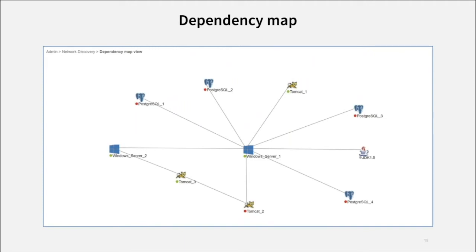Right here you can see there are two Windows Server instances given and many different instances of Tomcat servers and the Postgres database. And you can see the different interconnectivity between the applications from this screen. And if you are following my cursor, you can see that in this case, this is an isolated incident of an issue on the Tomcat server because the connected Tomcat server seems to be healthy, and so is the